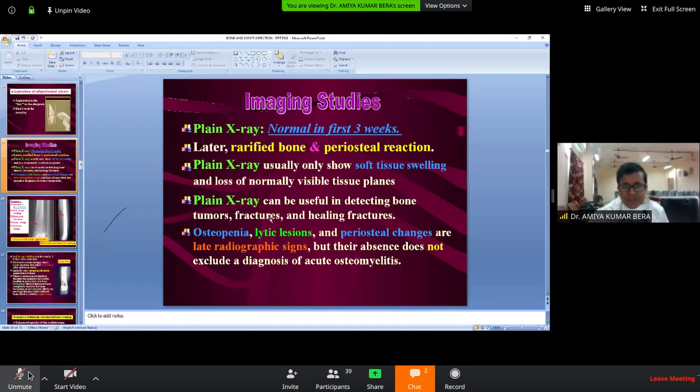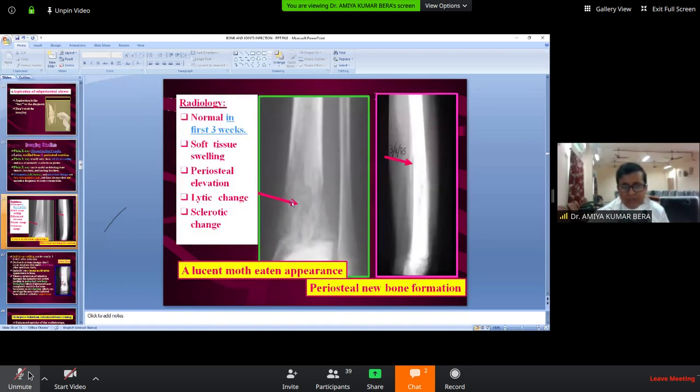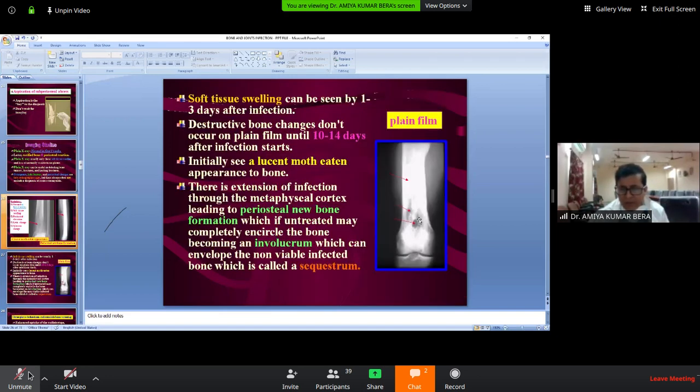Here you can see there is a lytic area of osteopenia. Here you can see periosteal reaction, involucrum formation, and sclerosis also. This is the classic feature where you can see on either side lining by granulation tissue or an osteolytic area, a dead bone, that's called sequestrum, and there will be involucrum formation. You can see the marrow cavity is not obliterated because of the overlying new bone formation all around.